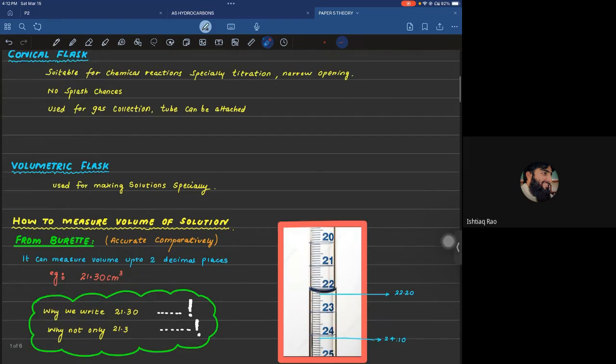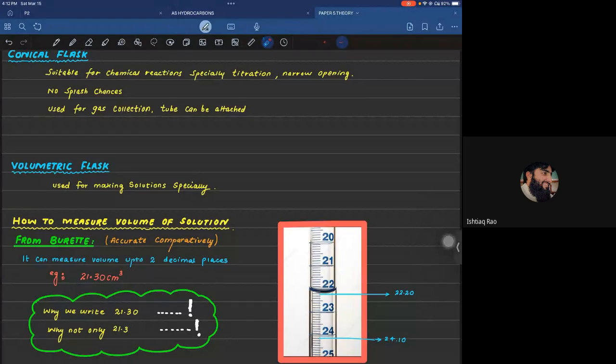And then we have the volumetric flask, which is used especially for making solutions. They are purpose-built apparatus in which we can prepare the exact amount of solution. Let's suppose you are asking that I need 25 cm cube of solution and the concentration should be 0.1 mole per dm cube. I would be telling you how we can prepare a solution by using the